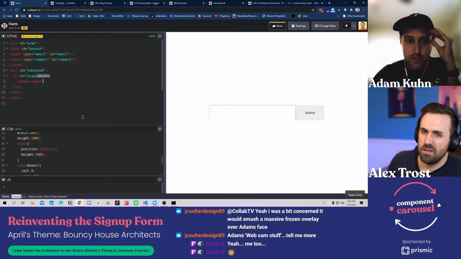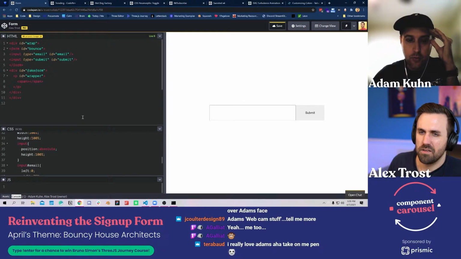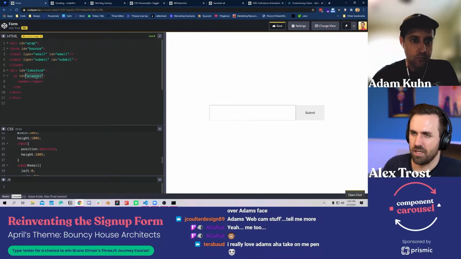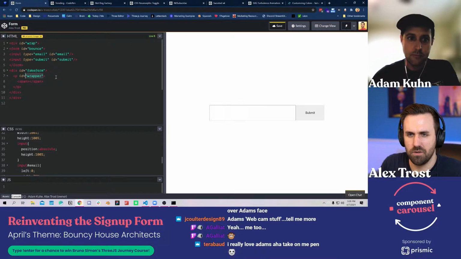But the reason we need a placeholder span is because once this form is invisible, we no longer have a cursor, right? So we're going to want some kind of animation to indicate where the cursor position is. So that's where the span comes in. So we're going to style this to have that kind of pointer. Exactly. Okay.